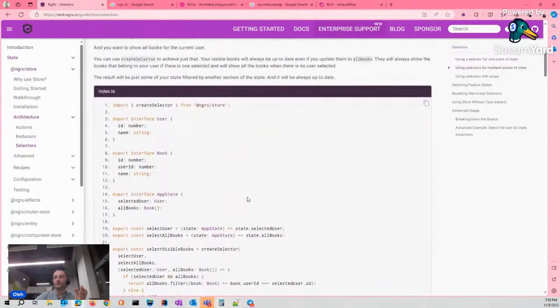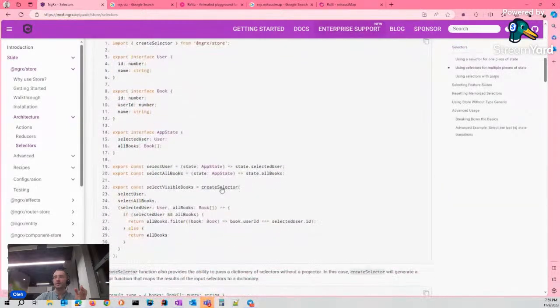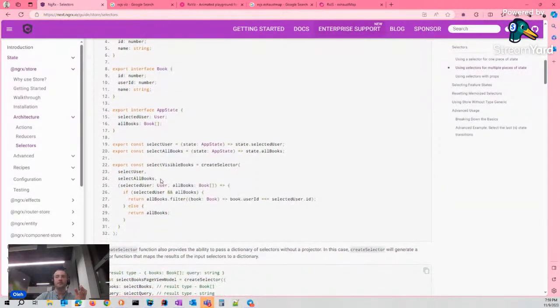And create selector can accept many other selectors first, and the last argument of this create selector function is a projector that should have the same number of arguments as the selectors passed before, and some result of this action.